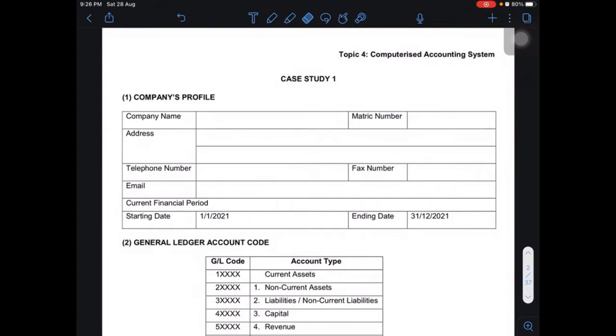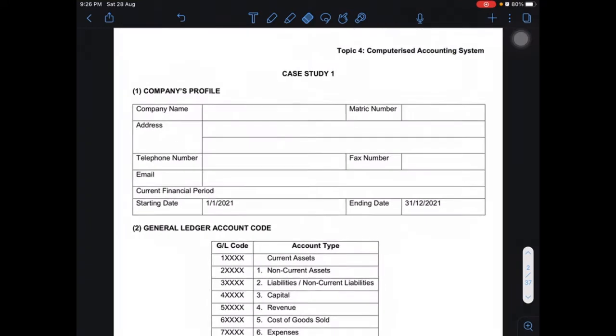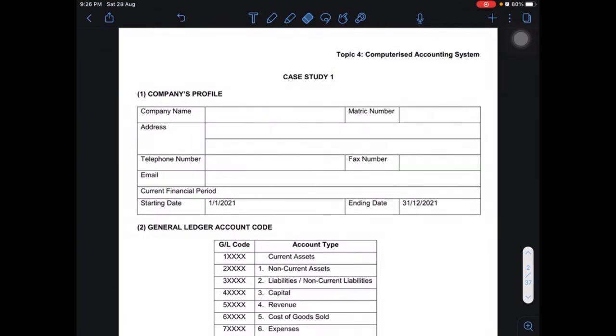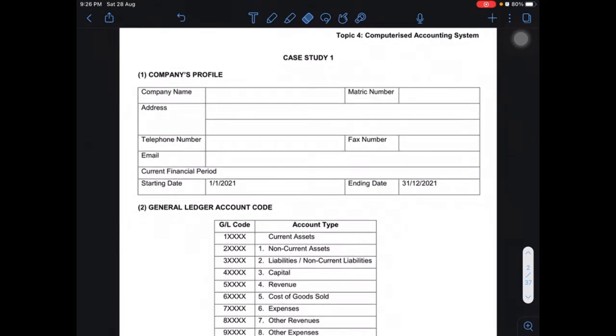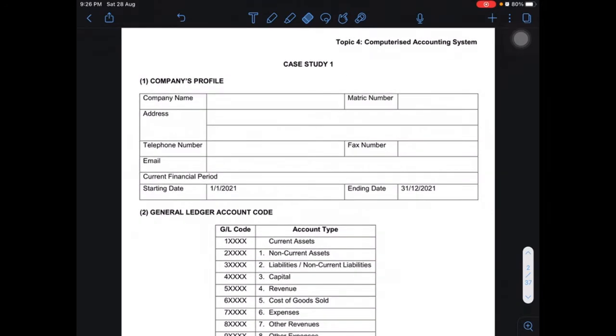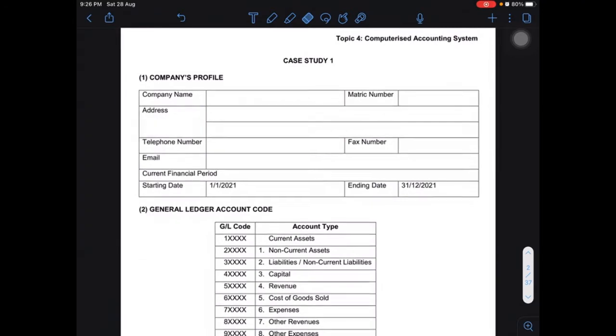So we design this module for you to understand how the Mr. Accounting applied kalau ditunjukkan dalam bentuk sheet begini, dalam bentuk modul begini. So in a way bila pelajar-pelajar dapat selesaikan modul ini, seakan-akan seperti dapat menyelesaikan soalan dalam case study ini